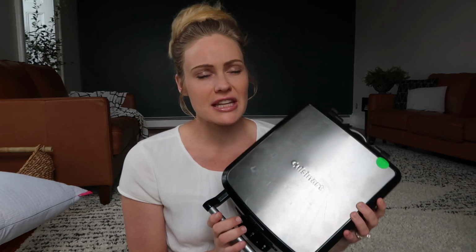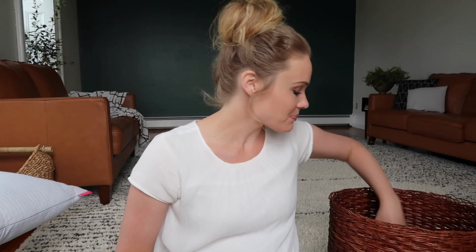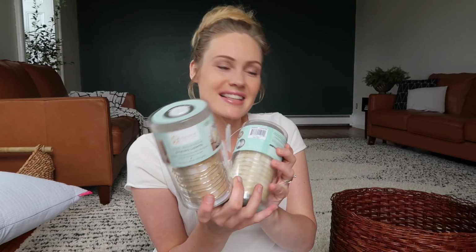This one, she said she paid $70 for, and I got it for $15, so it was still a little bit more. I think some places you could get them cheaper, but she said it was only used once, and it does look like a really good press. So I'm really excited to use this one, even though it cost a little bit more than often you will find at yard sales. Then I have 3 of these,